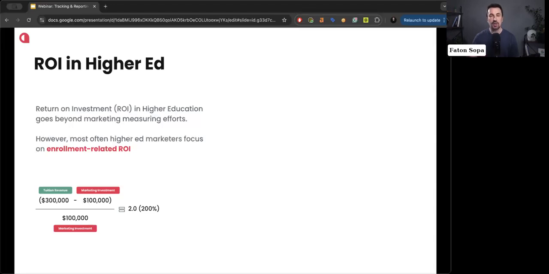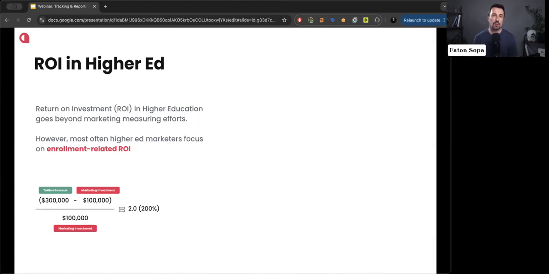ROI in higher education is much more complex than in other industries. Unlike other businesses that sell products, universities are, let's say, selling education and experiences. So the return on higher education marketing investment might be different for different universities. Some universities might count the lifetime value of the student, and some others might have higher objectives regarding achieving institutional goals.